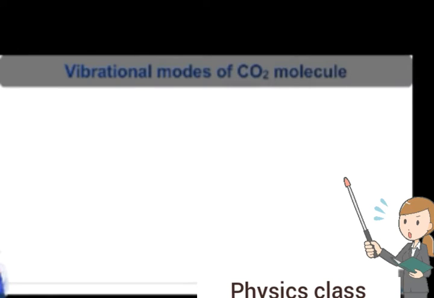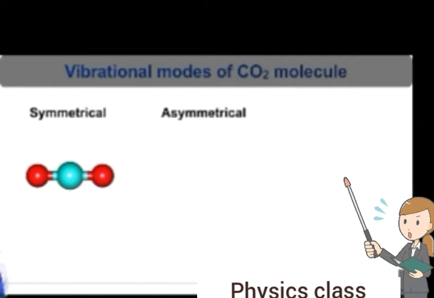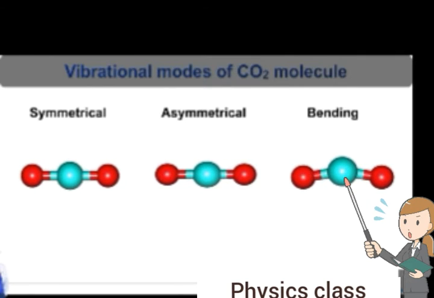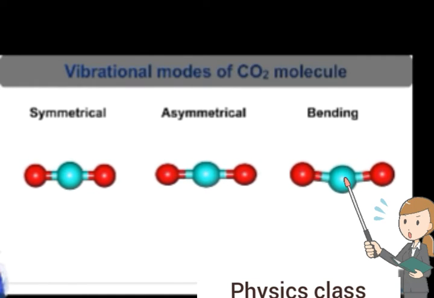Stretch corresponds to the increasing and decreasing of the bond lengths within a molecule. Bends correspond to increasing and decreasing the angle between bonds in a molecule. The animation below shows the possible vibrations of the molecule. There are three vibrations: symmetrical stretching, asymmetrical stretching and bending. All three vibrations require different amounts of energy, so the CO2 molecule absorbs IR radiation at three different wavelengths.